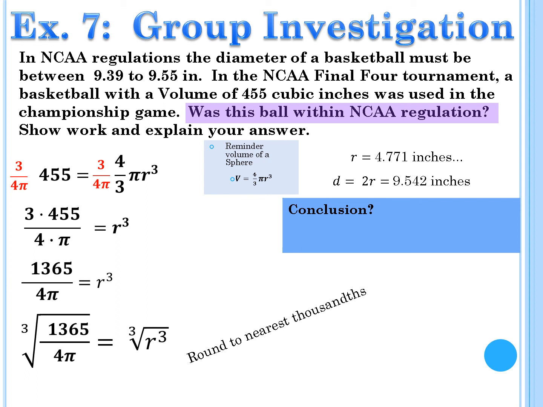The regulations say that it has to be between 9.39 and 9.55. Our ball is 9.542. So, we can conclude that it was within the NCAA regulation. All right, so this concludes the lesson. Now, if you look at the PowerPoints that are in Canvas,